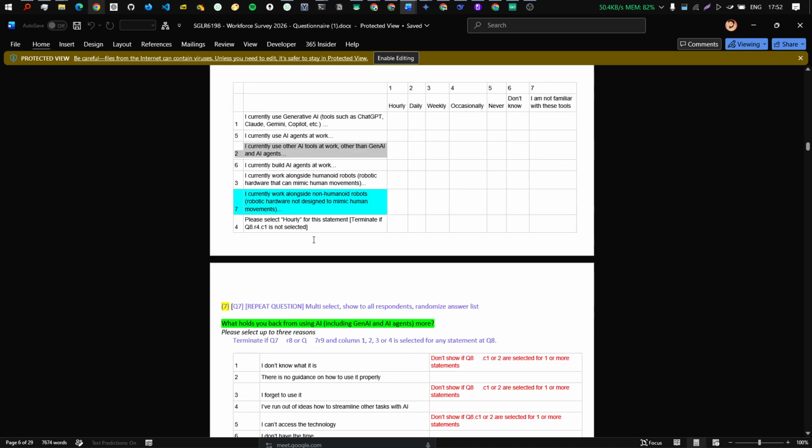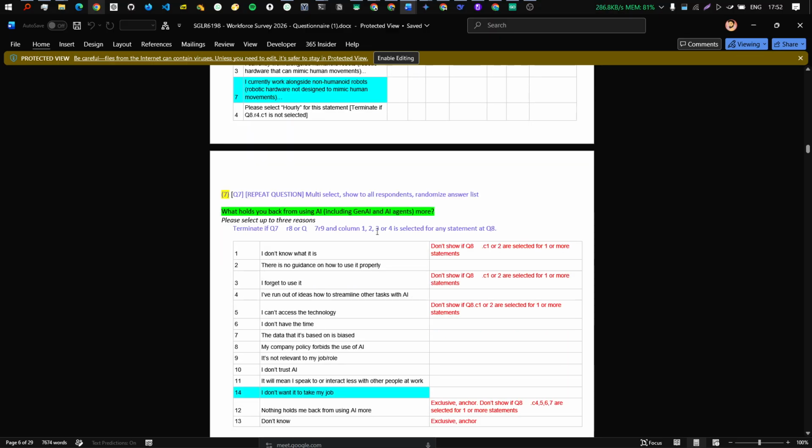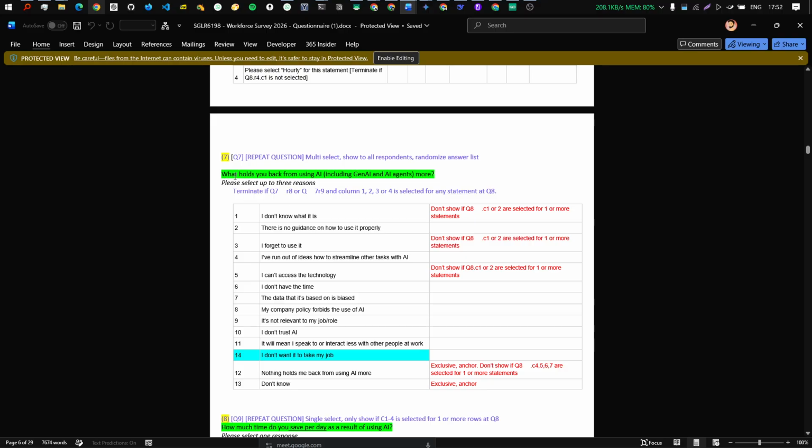और फिर यहाँ पे एक ह्यूमन वेरिफिकेशन का है, please select hourly for this statement, terminate if Q8 R4 C1, दैट मीन्स अगर क्वेश्चन 8 का आपने R4 ओकेजनली सेलेक्ट कर दिया तो ये टर्मिनेट हो जाएगा। आपको यहाँ पे आवरली ही सेलेक्ट करना है, इट्स अ ह्यूमन वेरिफिकेशन।